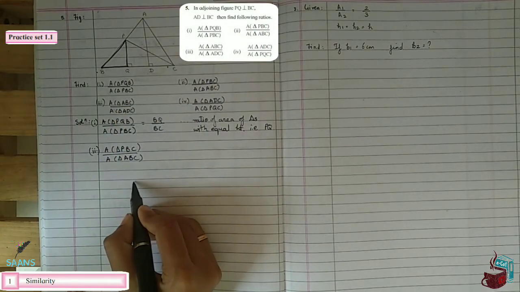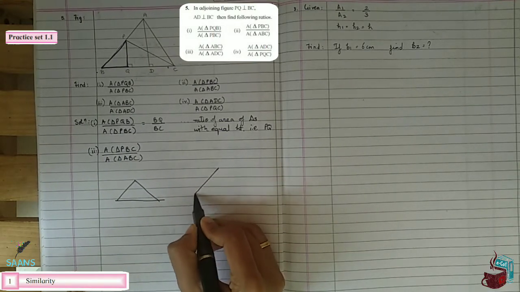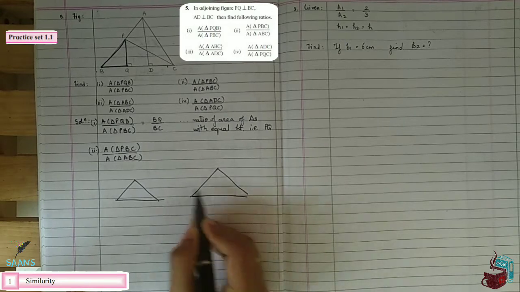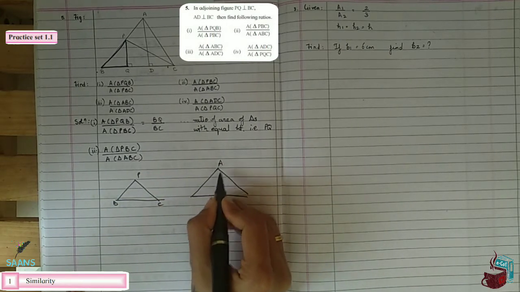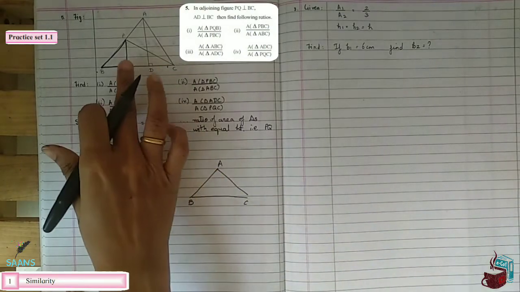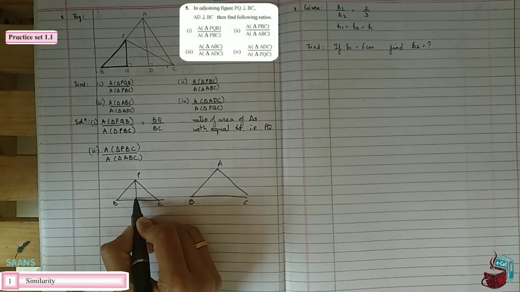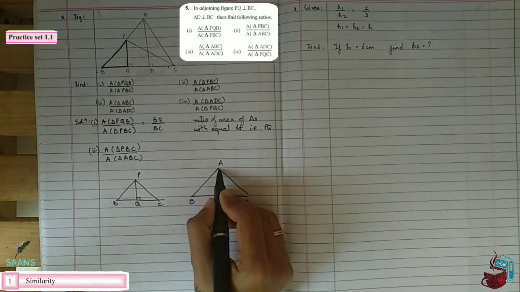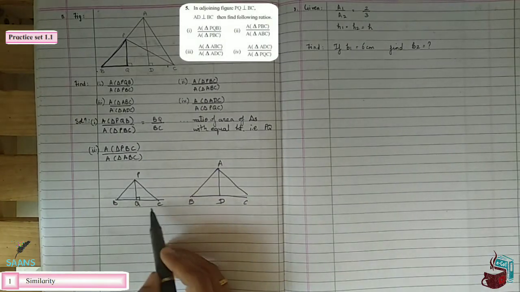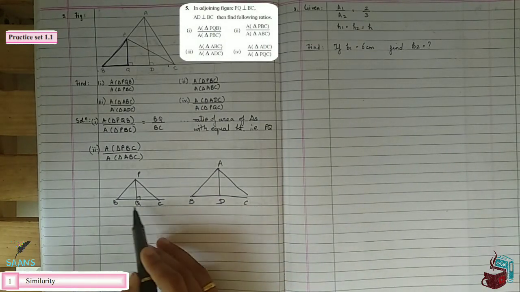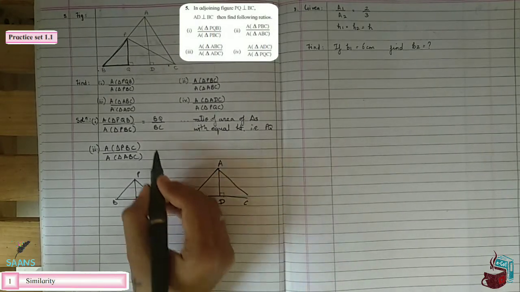So see, PBC is here, draw like that and check PBC, and this is the bigger triangle, ABC. I separated the triangles, PBC I've removed and ABC I've removed. PQ is the height of this, don't forget it, and AD is the height of this. Now it's clear in these triangles. The base BC is the same for both, but the height is different, PQ for this and AD for this.